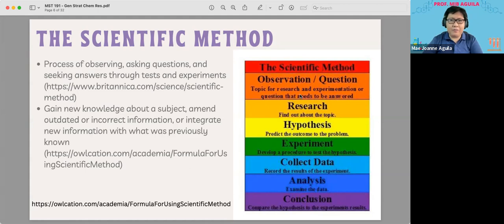It generally involves observation or asking questions. So something that has intrigued you, and then doing a little bit of research about the questions that you have, formulating your hypothesis. Okay, so what do we think is the reason, or in this case, the outcome to the problem, doing experimentation, collecting data, these three,